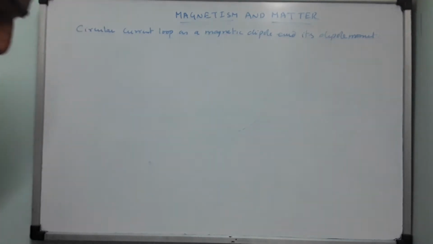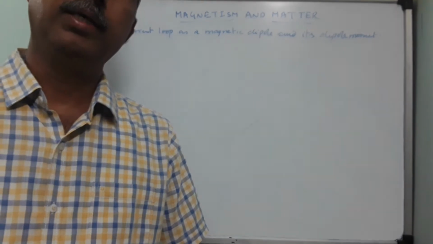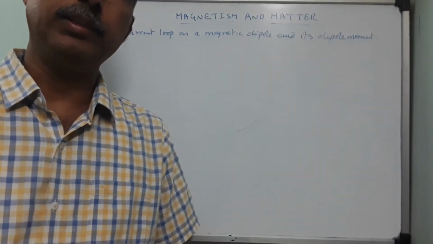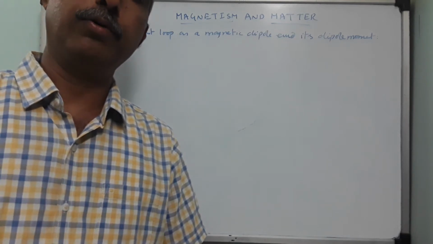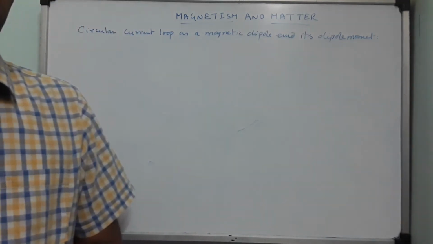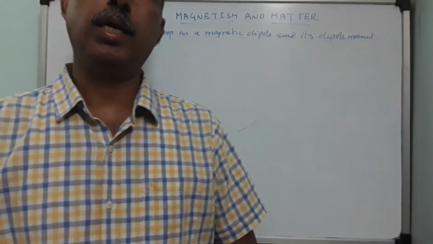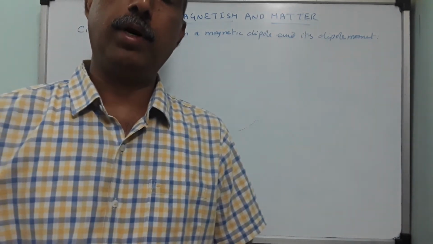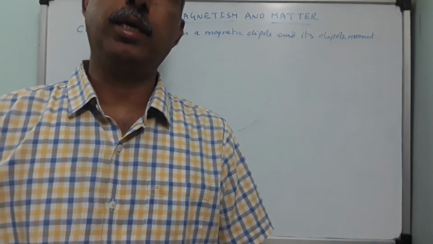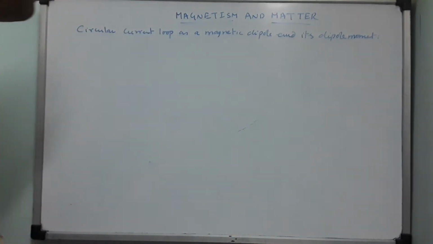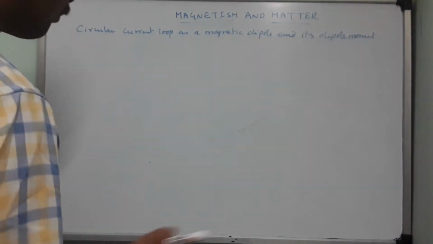So in a previous chapter we have derived expression for magnetic field due to a circular coil. We had 2 different cases. One is calculating the magnetic field at center, B equals mu naught I into N, where N is number of turns. So mu naught I into N divided by 2R at the center of the circular current carrying coil. Second one is calculating the magnetic field of the same coil but not at the center, at a point on the axial line. Okay. So taking that as a case, now we are going to derive the magnetic dipole moment.